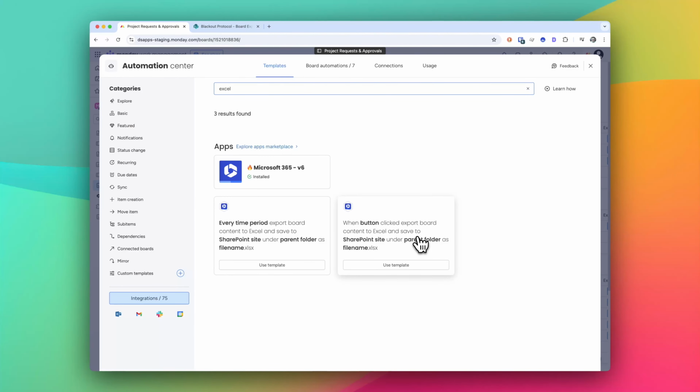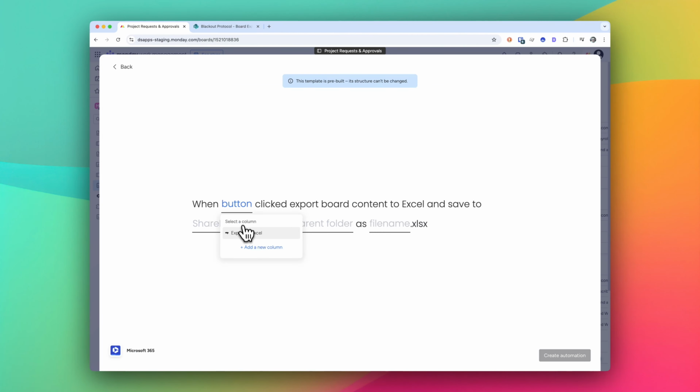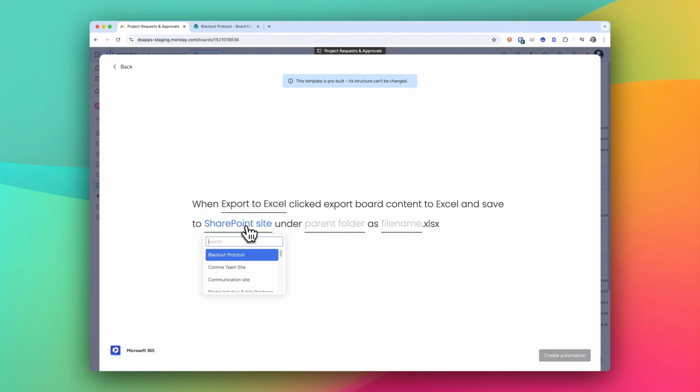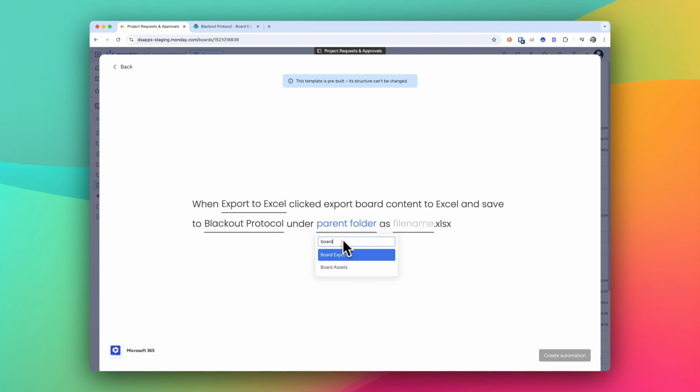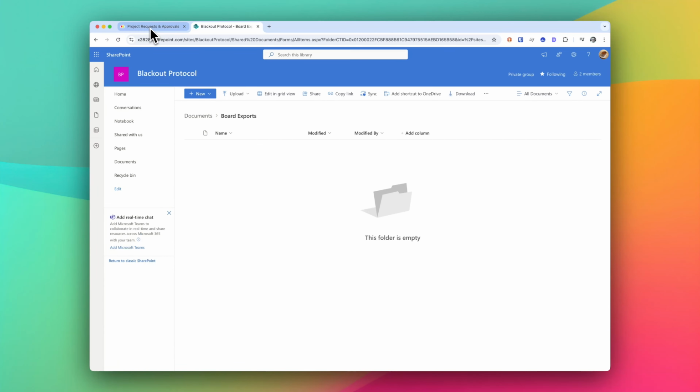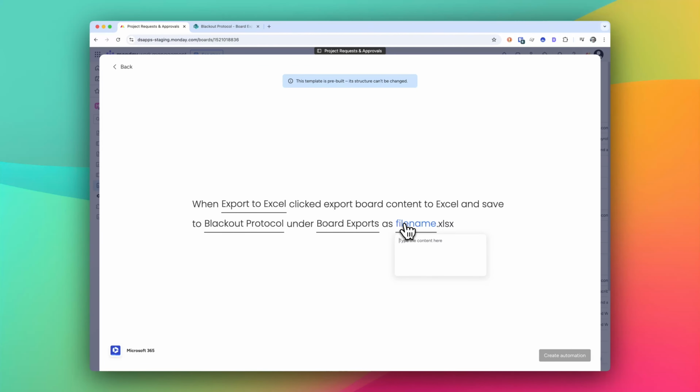This one, we can do an ad hoc and we can press a button and display it. So we're going to demonstrate this one. So we're using the button click, and we've got an export to Excel button, and we have a SharePoint site called Blackout Protocol, and we're going to go under a board exports folder, which we've got over here. Look, it's empty at the moment, and we're going to save that file name, and I'm going to call that